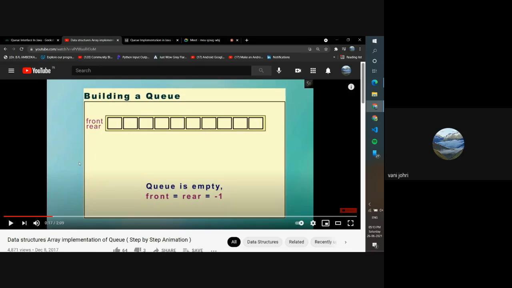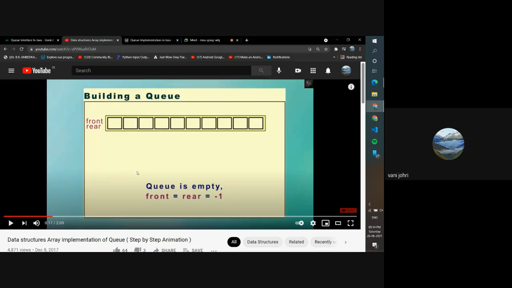So what happens in a queue is, again like stack, it is just a normal array. When you make a queue, you use a normal array, but you make it function in a certain way. In stack, the concept was last in, first out. It was LIFO. Whatever element was entered at the end, at the last, that would be popped out first. If you guys have revised it, you would know. And in queue, it's a FIFO manner, which is first in, first out.